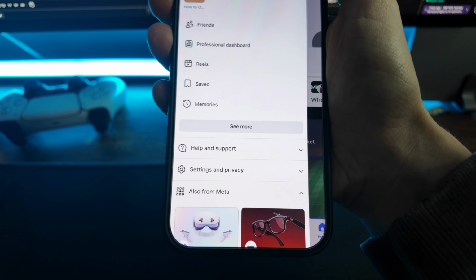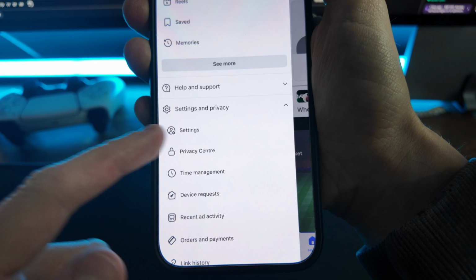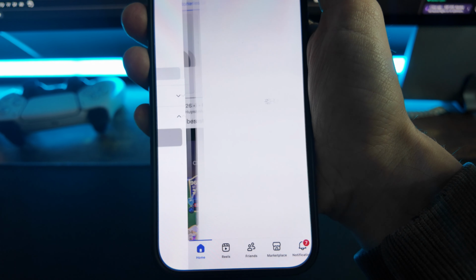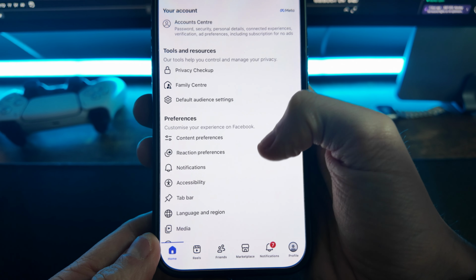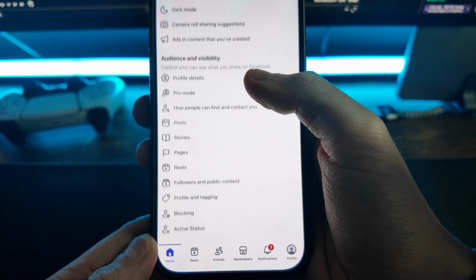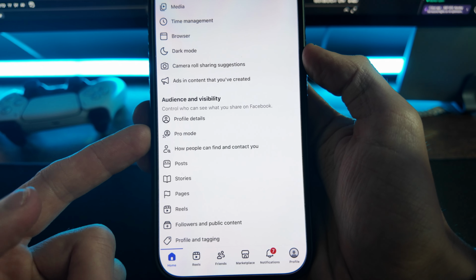And from the main settings page, go down, click on the settings option. And then you want to click on settings under settings and privacy. So once we do this, what we now need to do is scroll down until we see the option for Pro Mode. So Pro Mode will be located under Audience and Visibility here, and then you want to click on